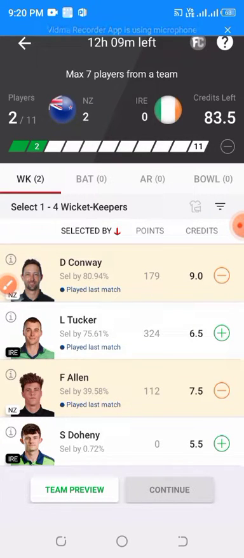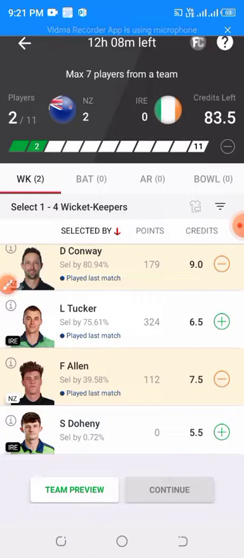He can be picked in your fantasy teams and he will fetch you good points. Remember, the other side of Finn Allen is that his matchup against Joshua Little is very poor. Joshua Little has dismissed Finn Allen thrice and he will continue to trouble Finn Allen.